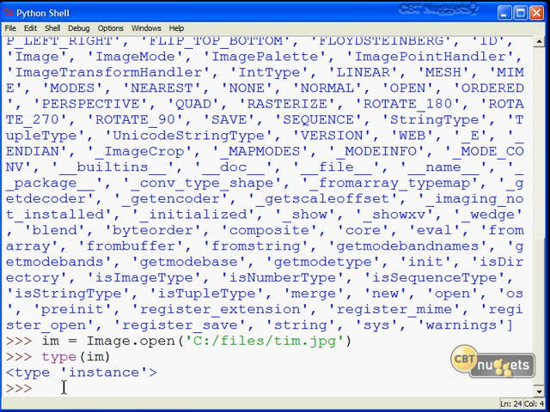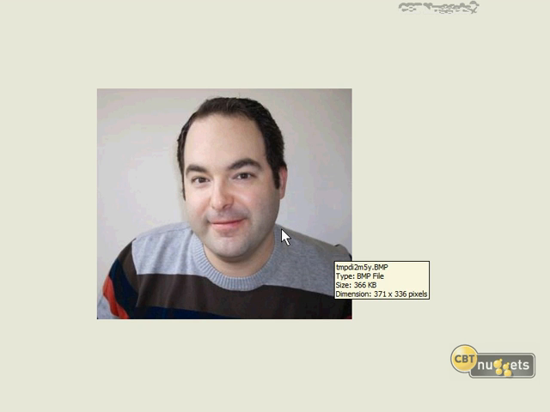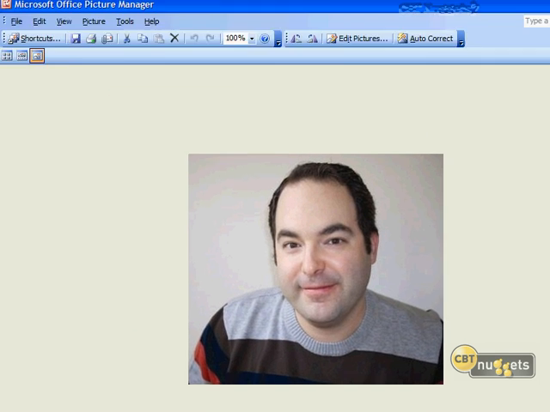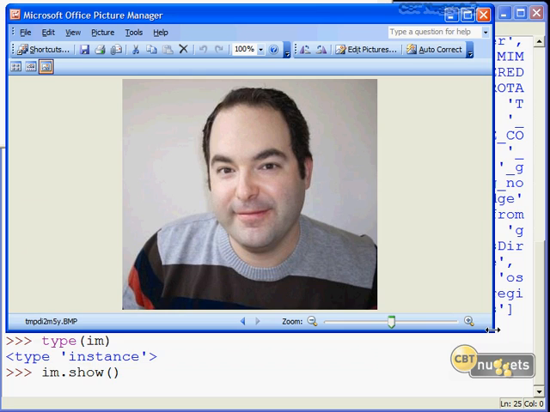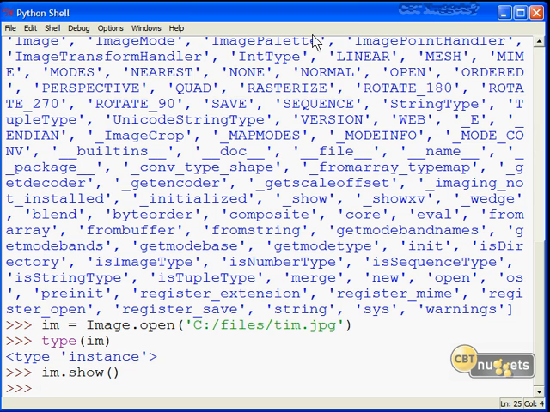I'm going to need to invoke another built-in function of the image module now. You'll see there's a lot of them. I want show. And there I am. That's yours truly. And then to shrink the window up just so you see what's going on here. What happens is that the call goes out to your operating system, and whatever is your default handler for files of that type, in this case JPEG, and on my system it's Microsoft Office Picture Manager. It might be something different on your system. That's the application that intercepts that image. We're going to go right on with the show now, and we'll look at examining PDF files.